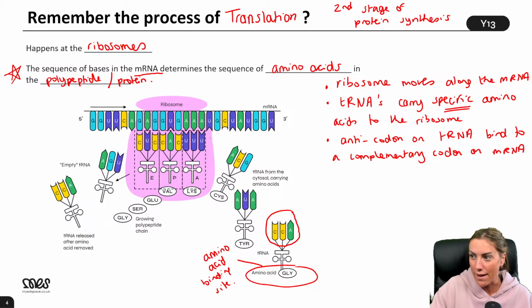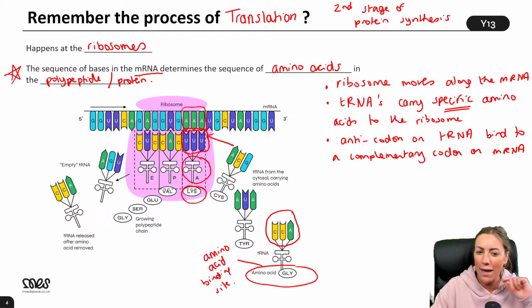Have a look at that happening. Have a look at this here. We've got a tRNA carrying a specific amino acid, which is lysine in this example. You can see the anticodon, UUU, binding to the codon on the mRNA, which is AAA. Okay. Only 2 transfer RNAs at a time. Well remembered. That's true. You might even get a mark for saying that. Yeah, 2 transfer RNAs can fit in at a time.